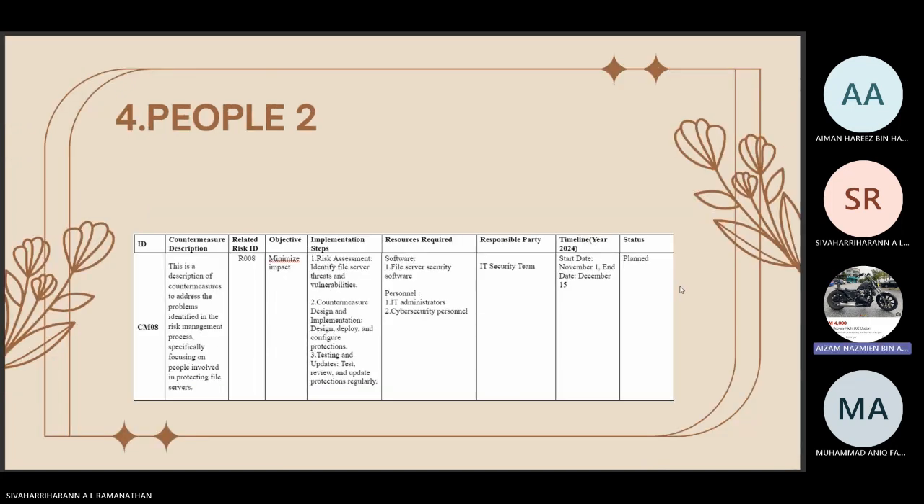Next, we have people. SIM08 focuses on minimizing the impact of risks associated with file server security, particularly addressing the concerns outlined in R008. The countermeasure begins with a comprehensive risk assessment to identify specific threats and vulnerabilities affecting file servers. Subsequently, a countermeasure plan will be designed, deployed, and configured to enhance file server protections. Regular testing of these protections will ensure the effectiveness, with ongoing reviews and updates implemented as necessary to maintain robust